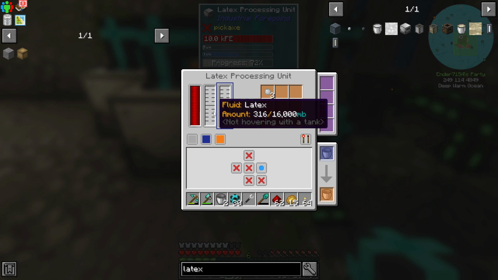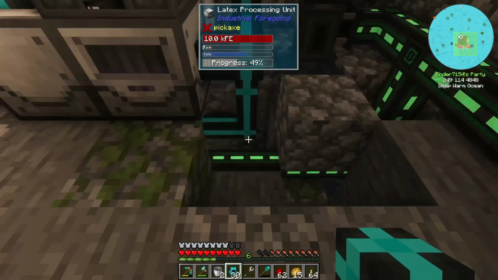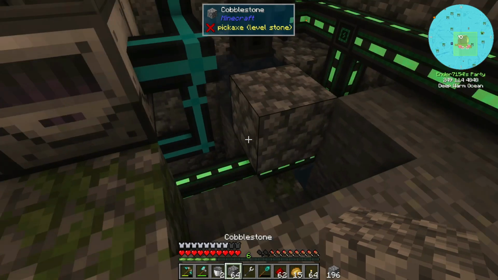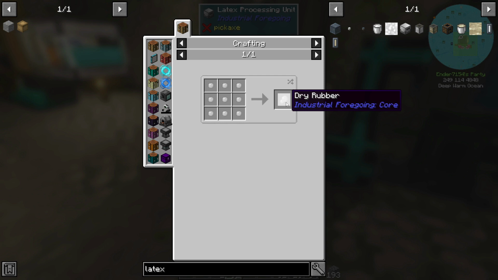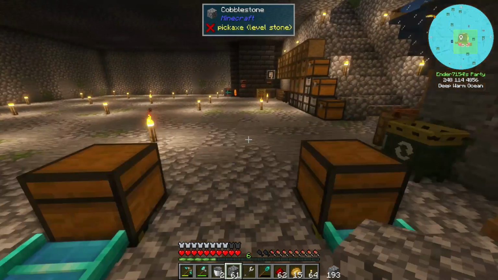So now we have latex coming in, we have water coming in, we have power, because I already ran the power under there in anticipation of the fact that we were going to be placing it there. And so now we have tiny dry rubber being produced. The tiny dry rubber is used to make dry rubber. So what I want to get next,